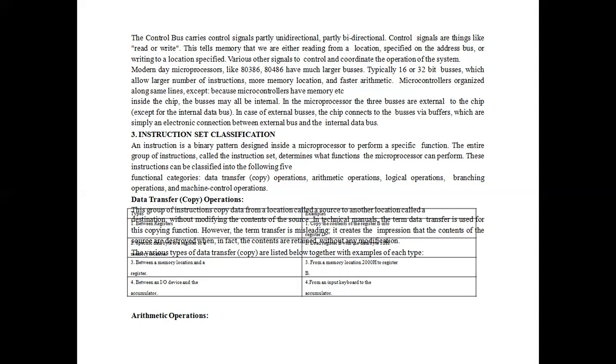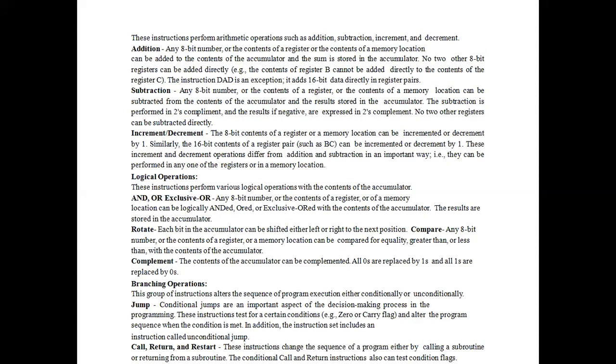So first we are going to see the data transfer operation. Data transfer is used for transferring data between the memories. For example, MOV A, B. It will move the B register data to the A register. Next, arithmetic operation. Under this, you will have arithmetic operations such as addition, subtraction, increment, and decrement.